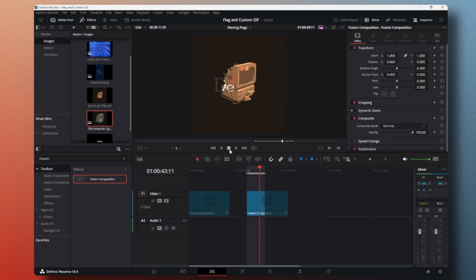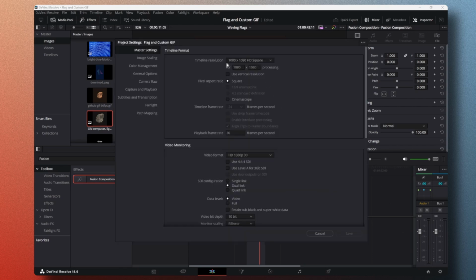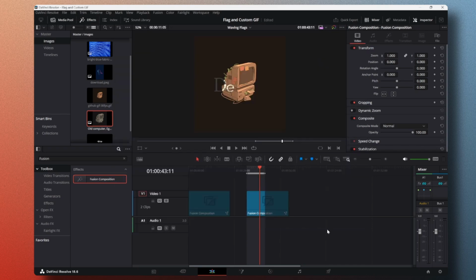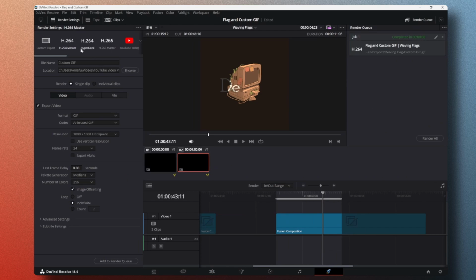One thing to know about exporting is, in order to ensure that it stays this resolution when you export, your timeline resolution has to be the same as your export resolution. So remember, if I go to settings here, you can see the timeline is 1080 by 1080, and the playback frame rate is 30 frames. So if I go back, I go here,